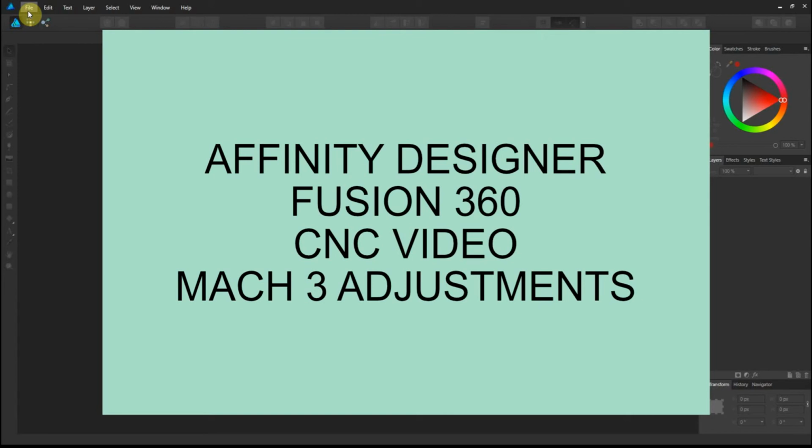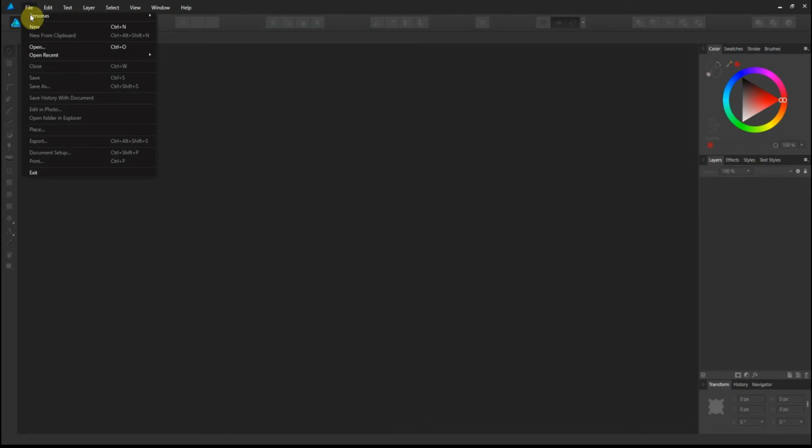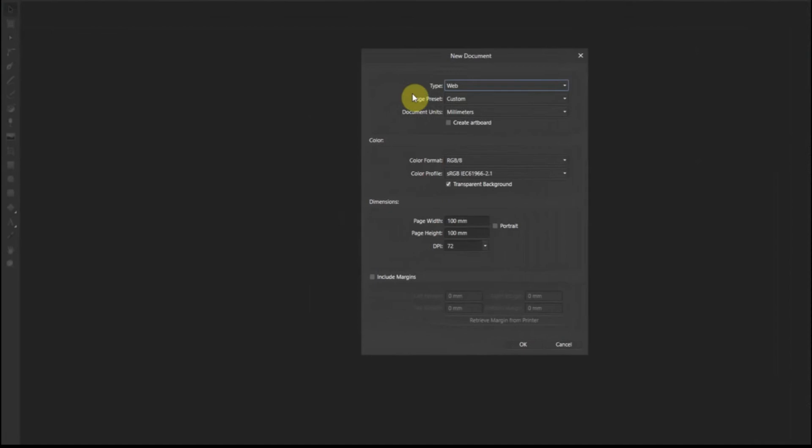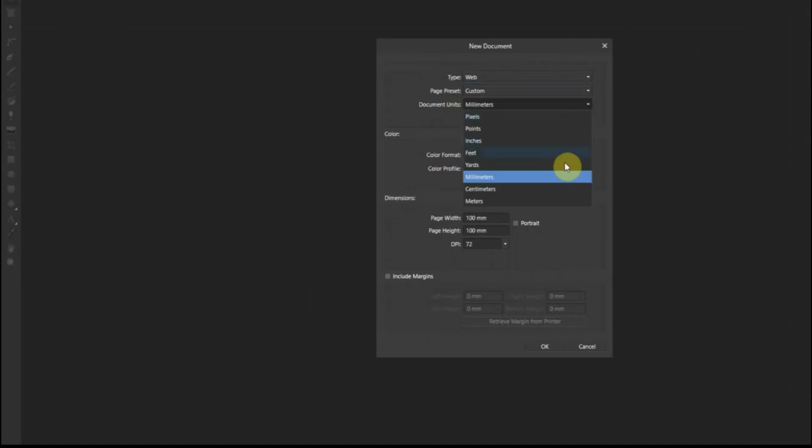This video is not designed to be specific on any one of these products, but I'm going to go through a general creation of an Affinity Designer curved text, move it to Fusion 360, show the CNC machine cutting it, and then have a little go back on the Mach software to show how it happened. I'm going to start with